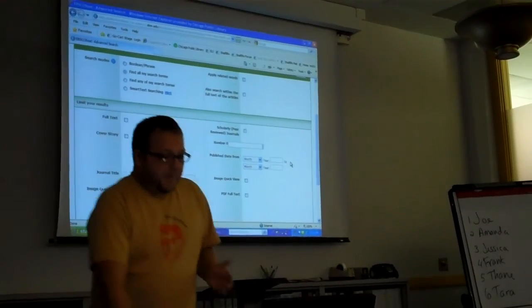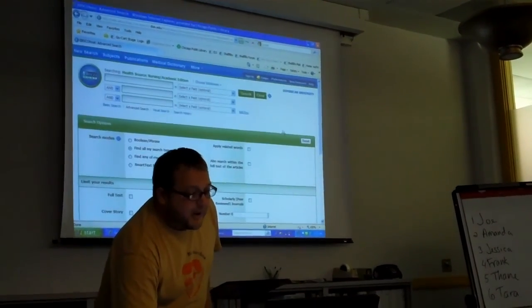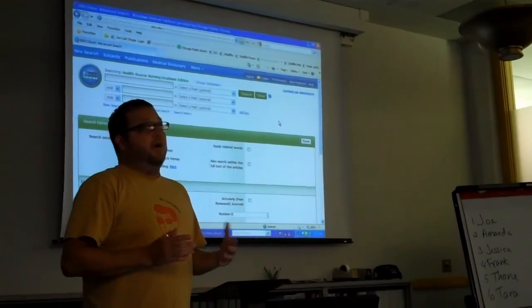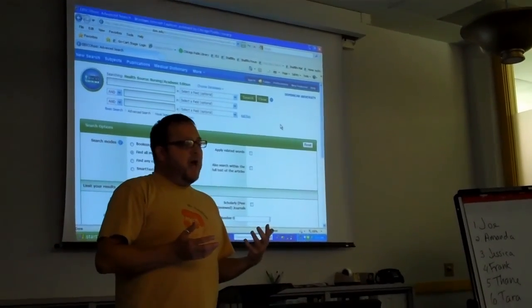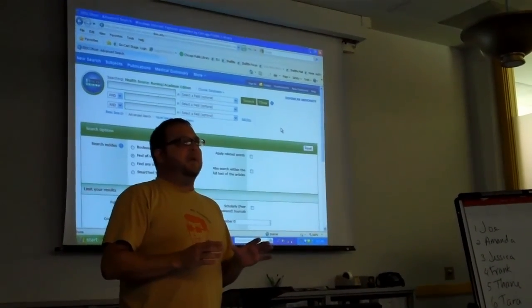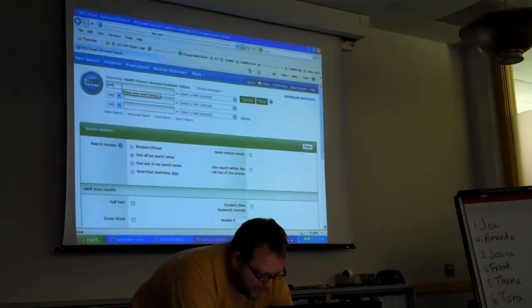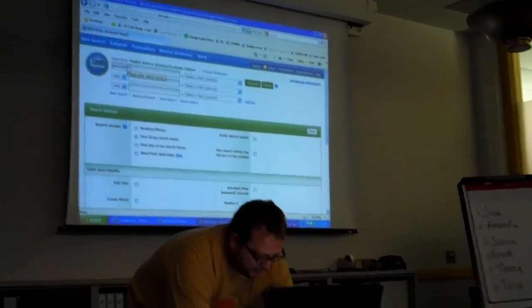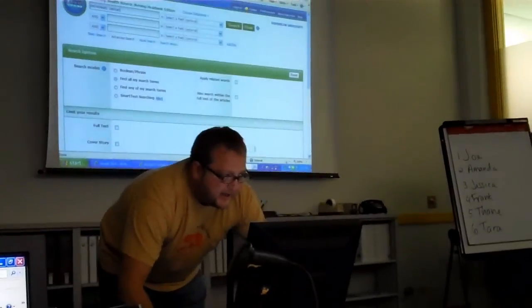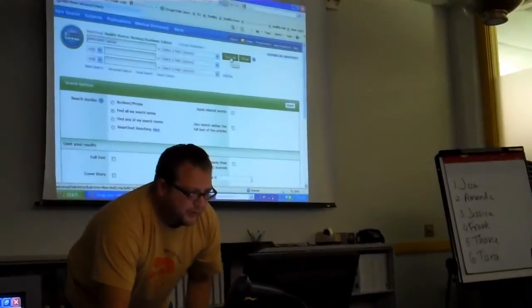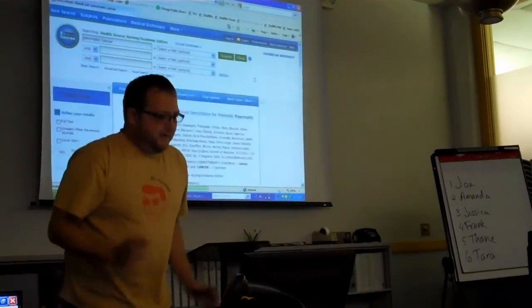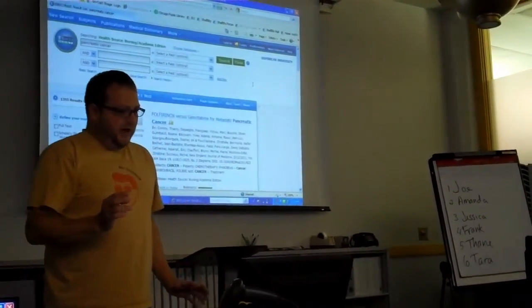Now, because you're in nursing school, it's possible that you're going to be asked to do research papers on medical topics. So let's just do a general search for something like pancreatic cancer and see what happens. So I'm going to type pancreatic cancer. This is a basic keyword search, and hit the search and look at what happens. We come up with